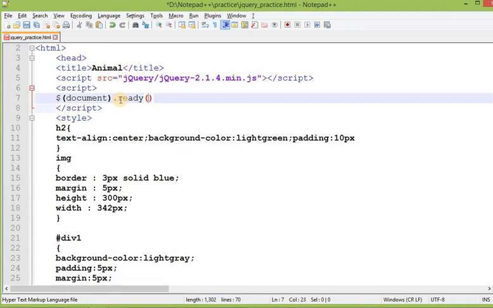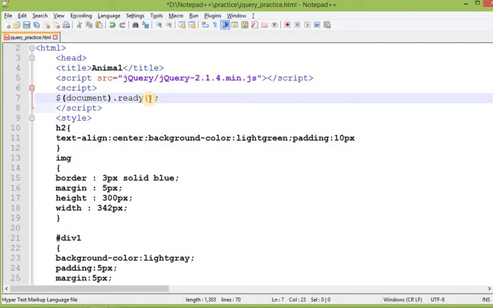So whenever this ready method is called, we will call another method. This is one statement, so it is completed, that's why you need to put a semicolon over here.